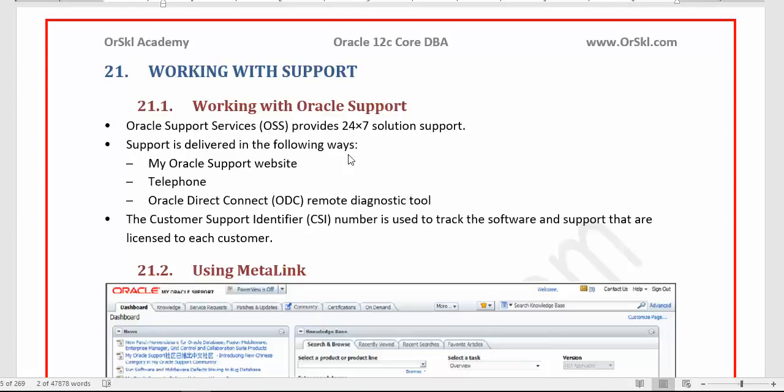Okay, so at that critical point, as I told you in the example, you immediately log into Oracle support and raise an issue. And you can raise that issue using a web console. This Oracle support website is also called Metalink. Remember this point, guys. Metalink is nothing but a web-based Oracle support login